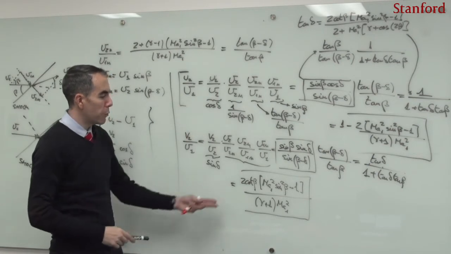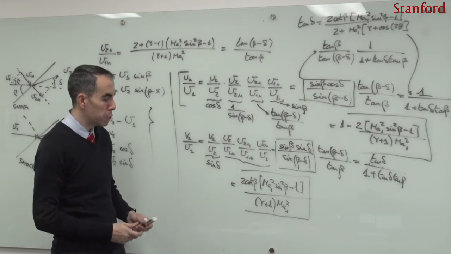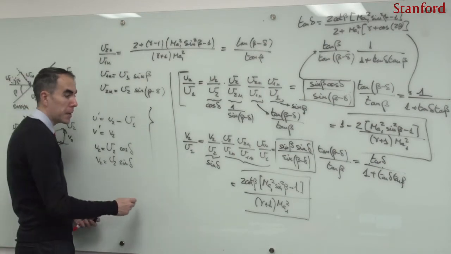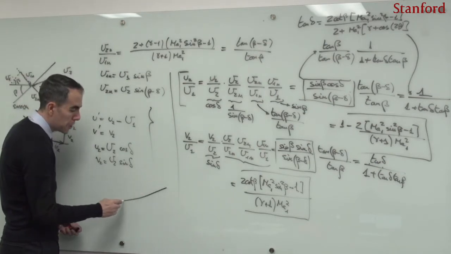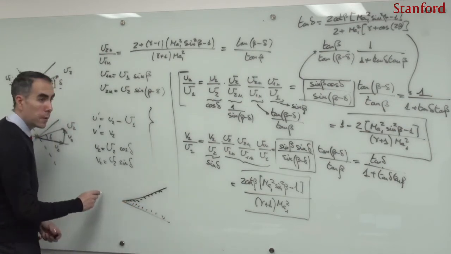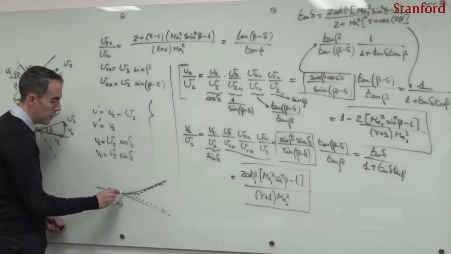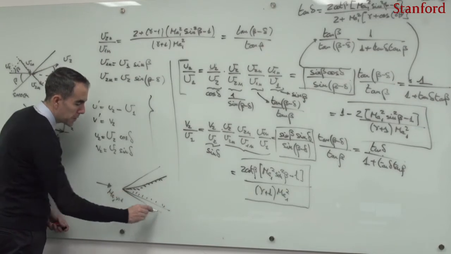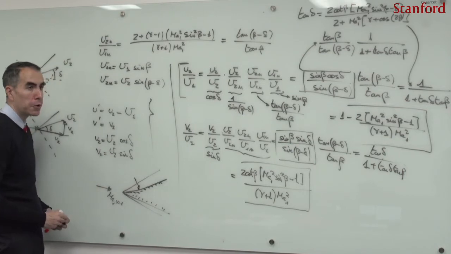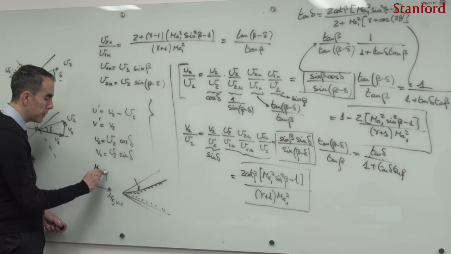So the question now, once that we have these expressions, is to again investigate what happens in the hypersonic limit. Remember that as we discussed, the hypersonic limit is a limit in which, if one has this wedge, we're interested in looking at a limit in which this Mach number, Mach 1, is large. But it's not only that the free stream Mach number is large, it is that in particular the normal component of the Mach number is large. So that is to say that Mach 1 multiplied by the sine of beta is a large quantity.